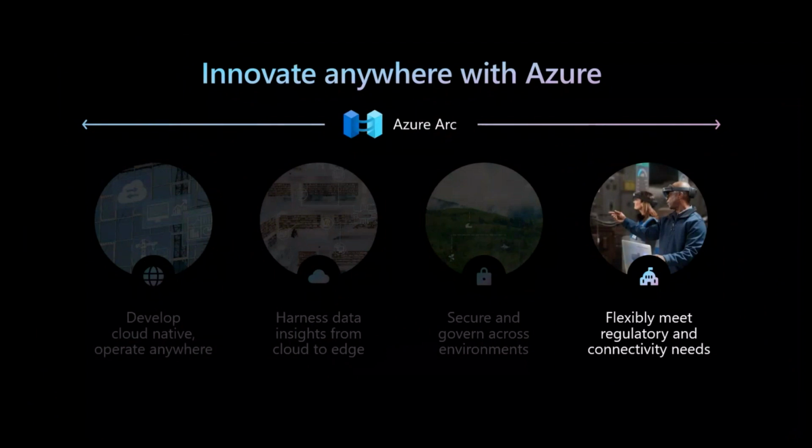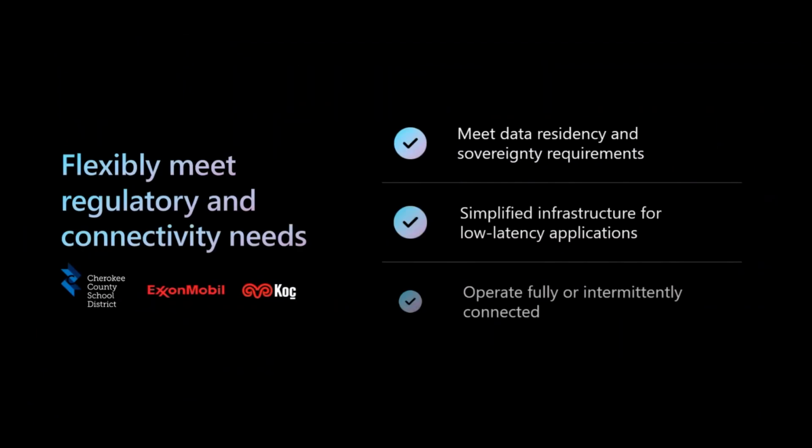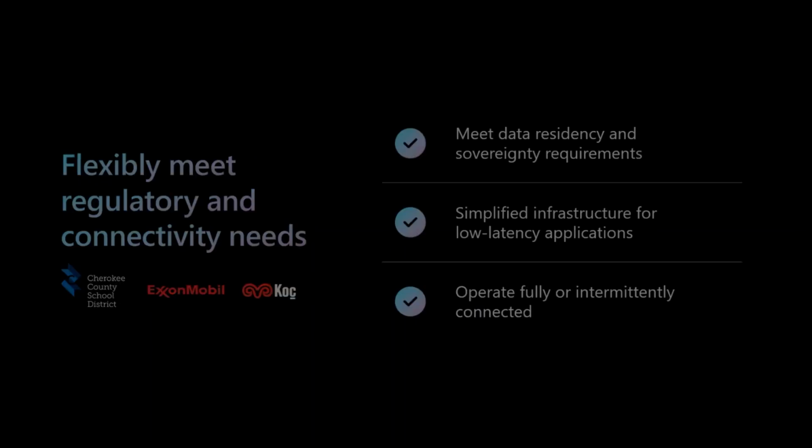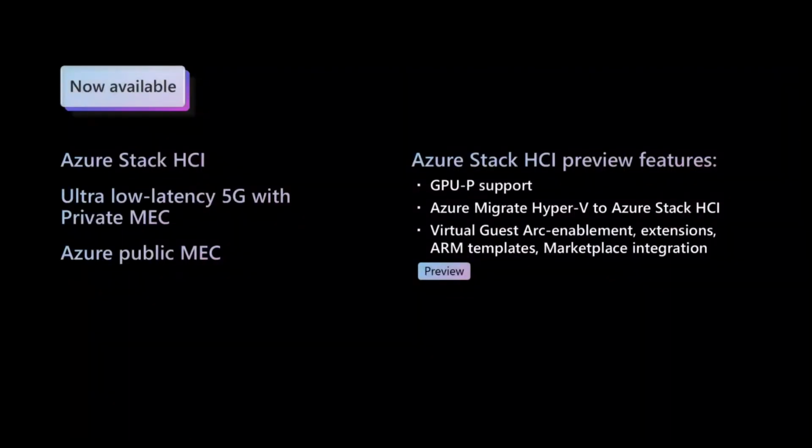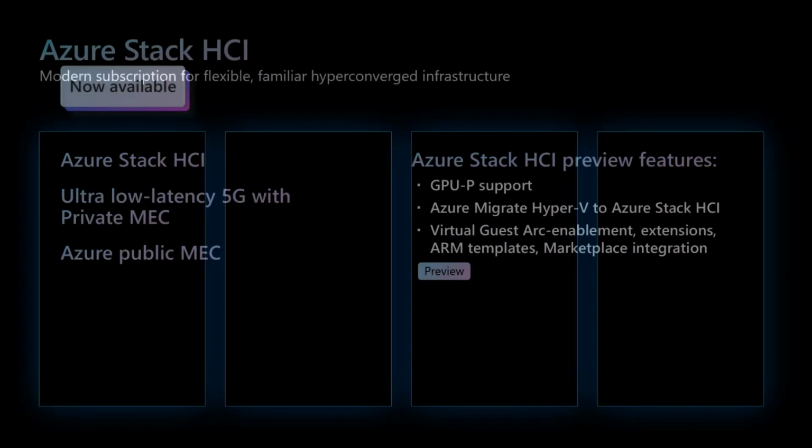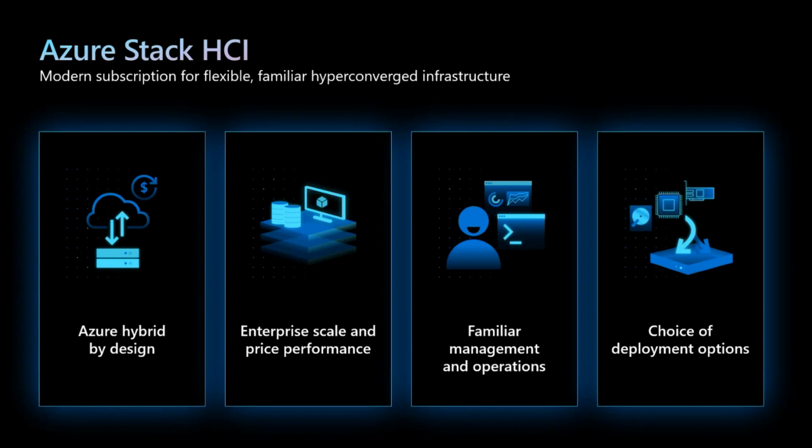And the last one is the capabilities around deploying Azure Stack HCI, which is our stack member. You can have that hardware purchased from one of the OEMs, which is Microsoft certified, and it comes with the Azure Stack HCI operating system. Along with that, we also provide Azure Private MEC, which is Azure's private multi-access edge compute that also helps with deploying 5G and other solutions. So these are hardware-specific things. Instead of running Azure Stack Hub and creating your mini Azure data center and operating through it, you can even go with Azure Stack HCI and run this lightweight solution.